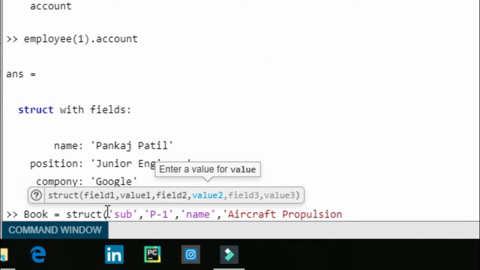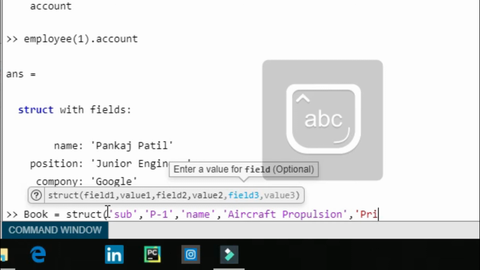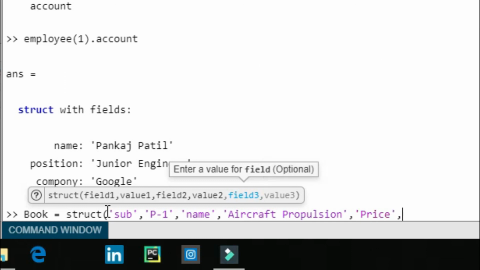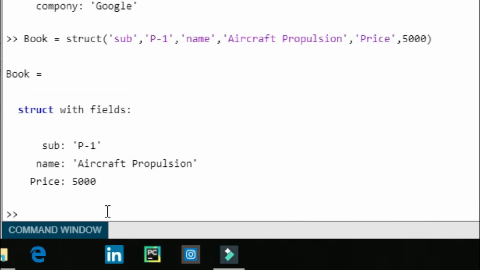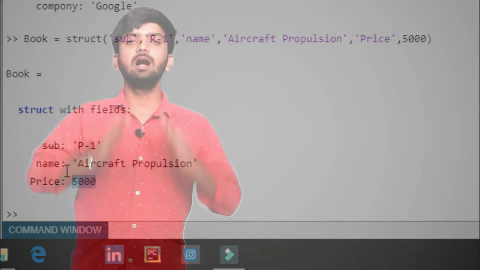Comma, so let's give the price. We have 'price', comma, suppose 5000, and close parenthesis. So like that you can also create a structure using the struct function.